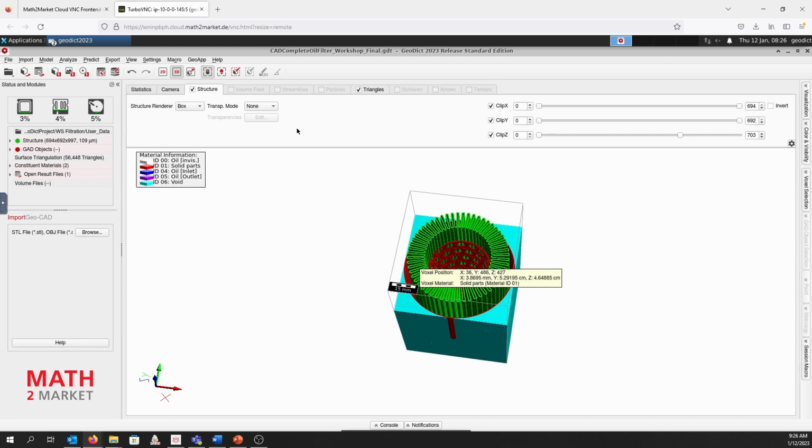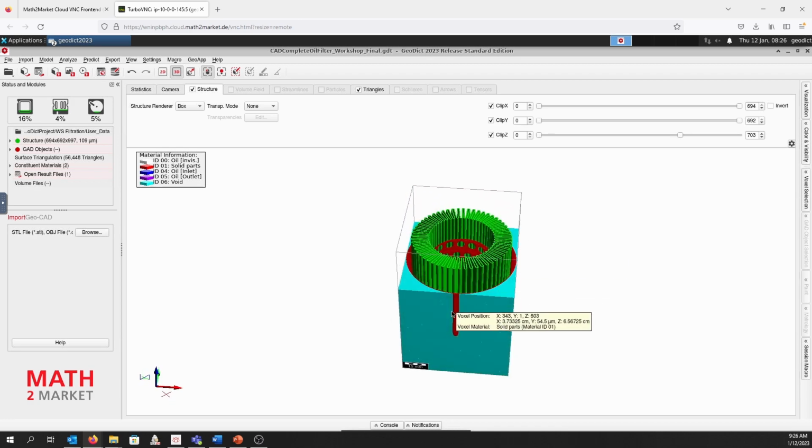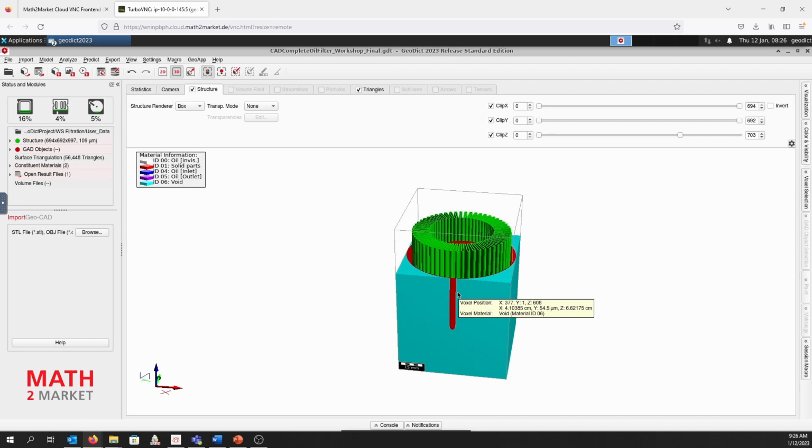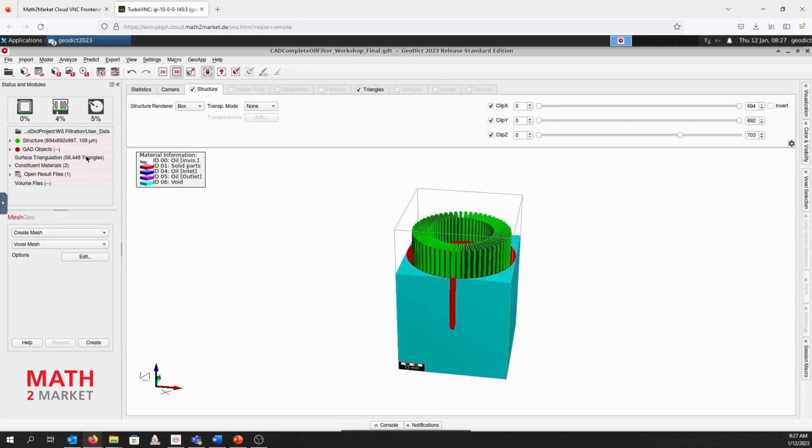Now we can have a first look if the structure is already fine from a qualitative standpoint, but the next step would be to have this structure here instead of triangles. We want to have it on a voxelized basis. So then also the material will appear here in the ID section. For this, we again go to Model, and we select the MeshGeo module. This is for creating meshes out of triangulations or triangulations themselves.